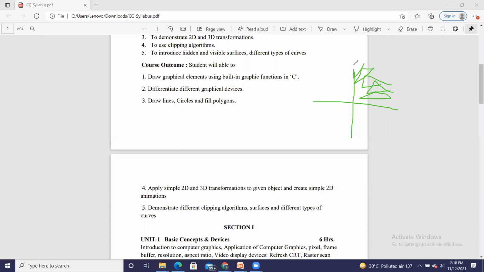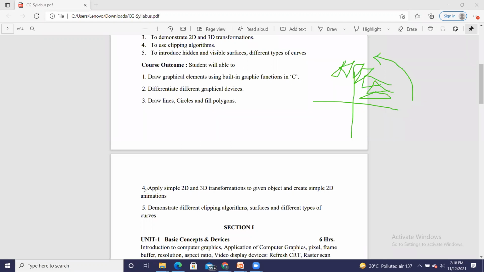That means ultimately you are applying animation to this object, isn't it? This object is moving in this manner. You can rotate it and rub the earlier image. Ultimately you reach this location, meaning you are moving the triangle forward with a 90-degree rotation. That is nothing but the kind of animation you are providing to the object.